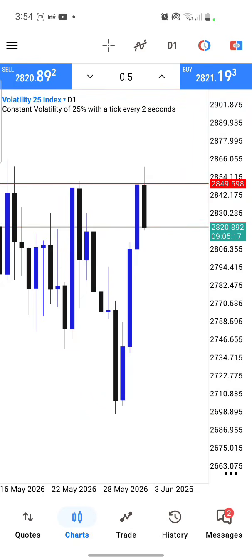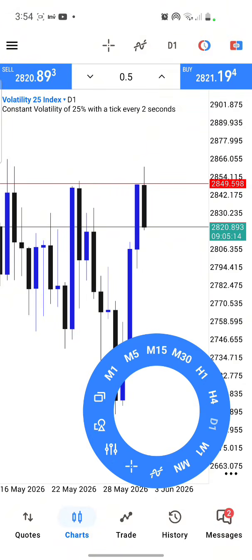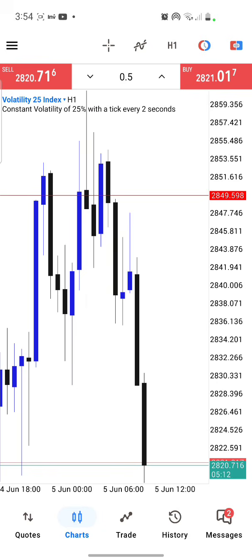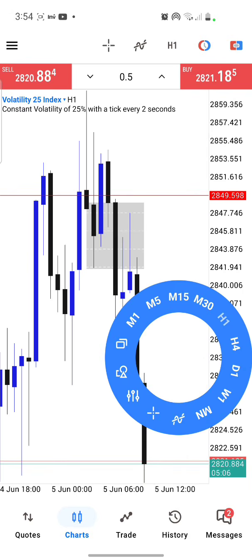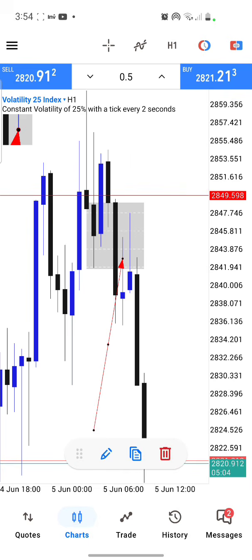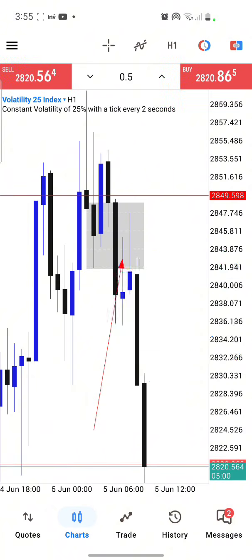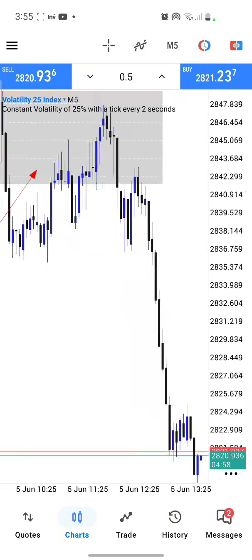After that sweep, of course, you needed to see some sort of POI in the 1 hour time frame, and when you look here, you see that POI in form of the breaker block. So the breaker block, price actually retested the breaker block right there. So that is the retest of that breaker block, and then coming to the 5 minutes time frame, you needed to see change of character.